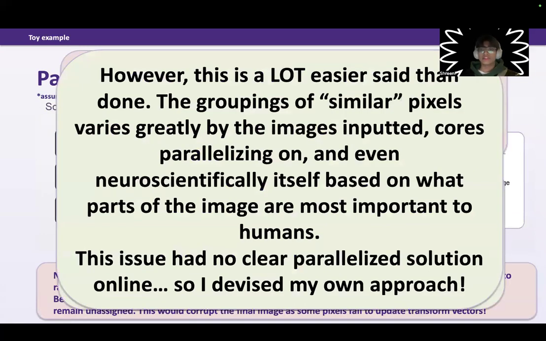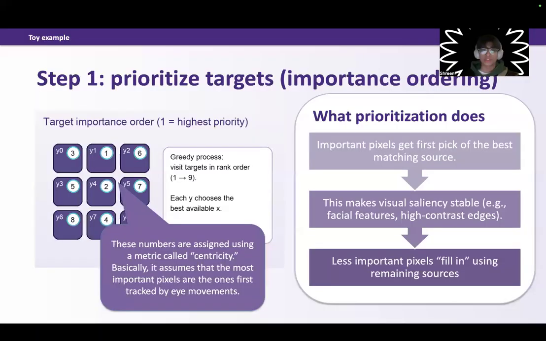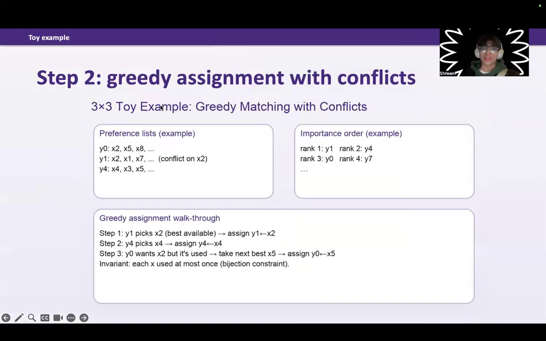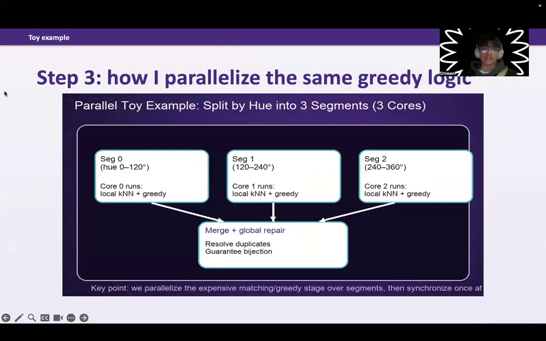So basically, here's what we did. Here's the pixel grouping algorithm. We're essentially assigning pixels in order of importance, which is what I explained earlier. And then this is the greedy assignment through conflicts. But now here's the way we parallelize. Essentially, we split by hues. So hue 0 to 120, let's say that this is a green. Hue 120 to 240 is